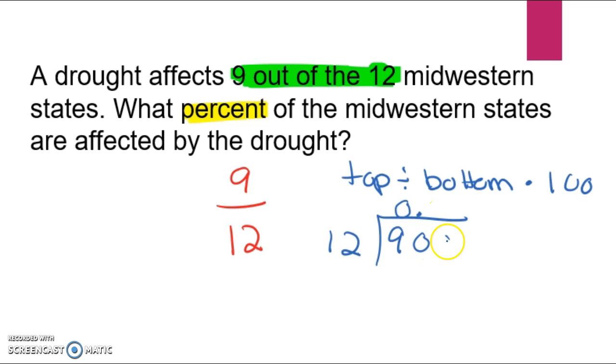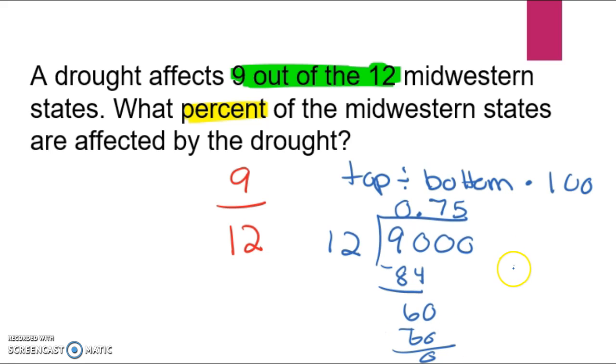Add a little decimal spot, add a bunch of zeros here. 12 goes into 90. Let's see, 8 times would be 96, so 7 times, that would be 84. Subtract, you get 6, bring down your 0. 12 goes into 60 5 times, and I'm done there. That's 0.75